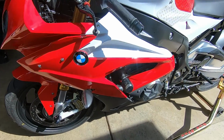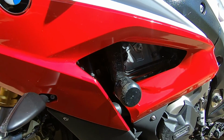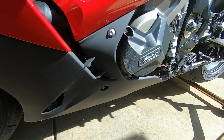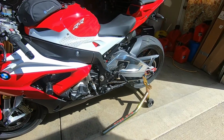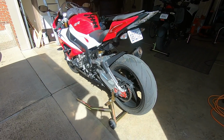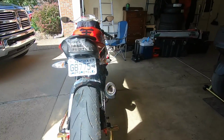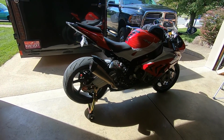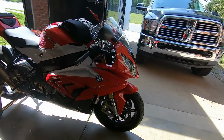Everything fit really well. Of course, you're still going to be able to tell that it's been crashed. You can see the scratches and stuff on the fairing or the frame, and then that puck. No biggie. Still looks pretty good. Kind of dark on this side, but I've forgotten how good it looked